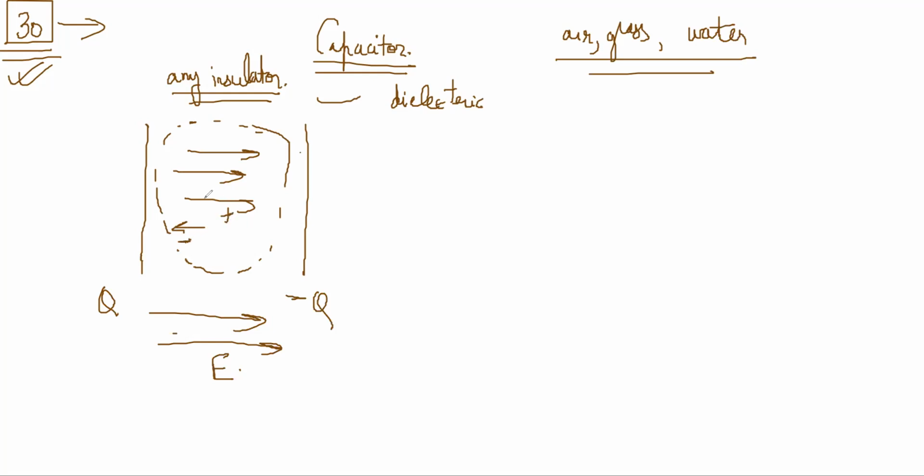Now, in a dielectric, there are molecules, and molecules sometimes have some dipole moments inside, right? So molecules have some charge distribution which is not equal. Sometimes there are polar molecules. For example, water is polar, in the sense that oxygen has a slightly negative charge and hydrogen has a slight positive charge. So because of that polarity, they arrange themselves in such a way that the